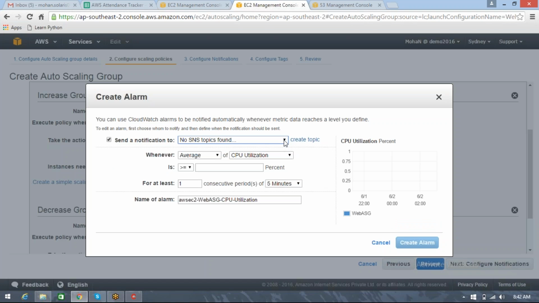It's not SNS. Okay, we are not going with that. Send a notification, we are not selecting for notifications and all. We only go with, okay, maximum of CPU utilization. When it goes greater than or equal to